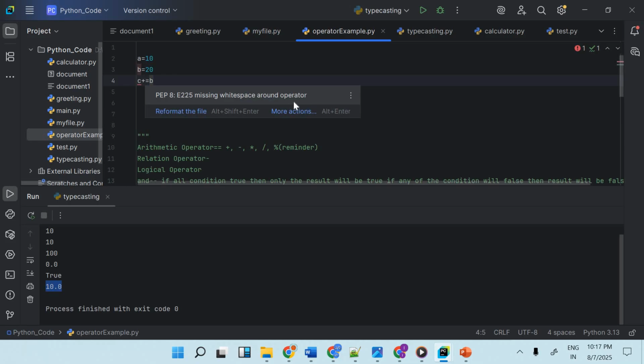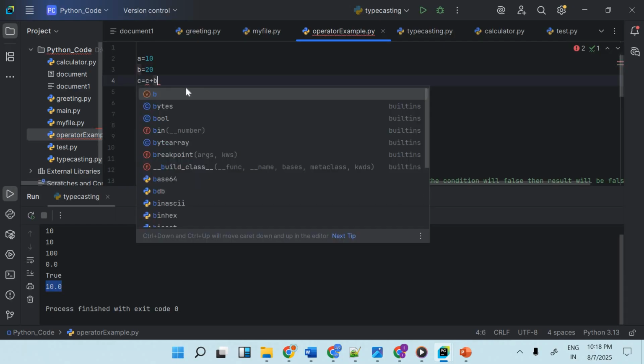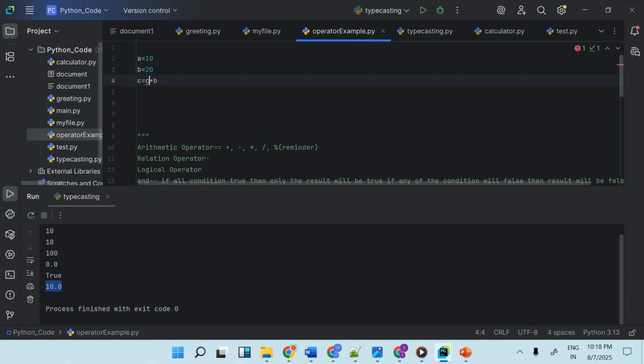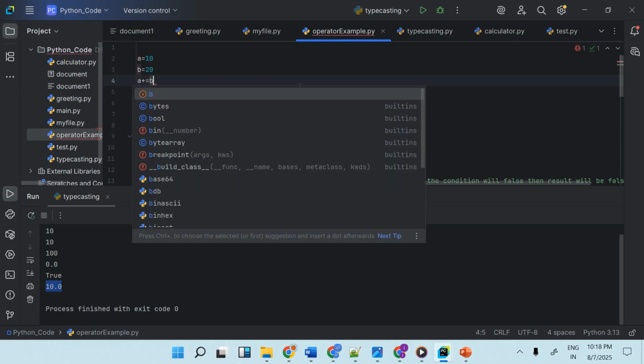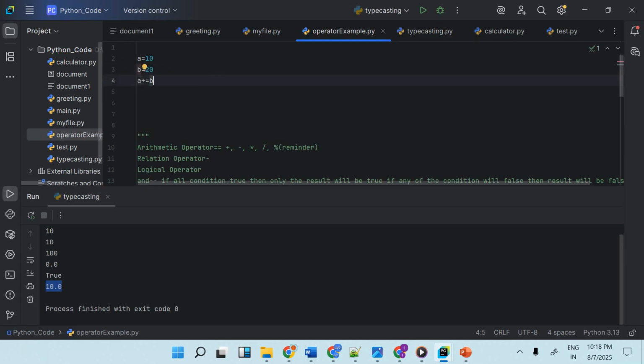C equal to a plus b. Okay, I think I did not initialize c, right? So what I will do here, I am writing a plus equal to b. What does it mean? You will get this kind of expression in many places. So what does it mean? That means it is a equal to